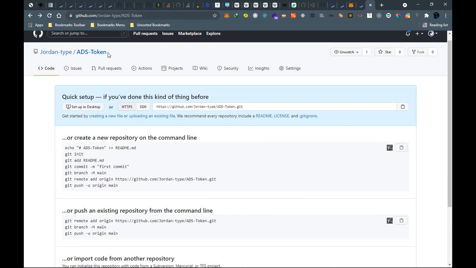Let me create a folder. So this is how you create a folder.